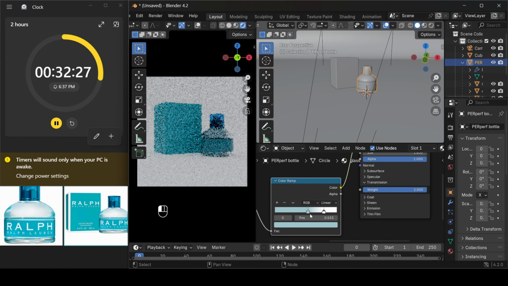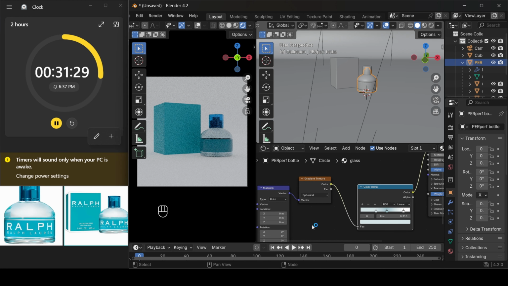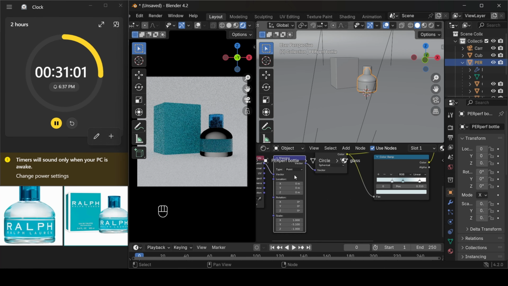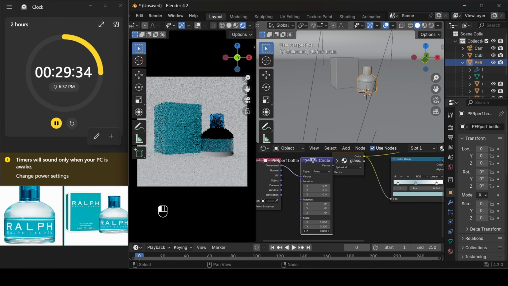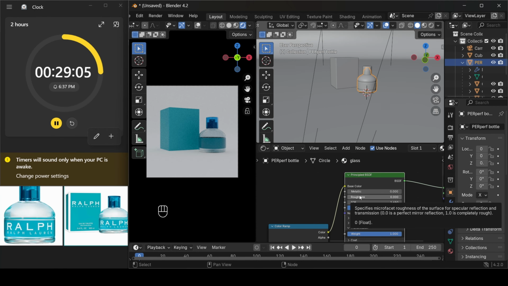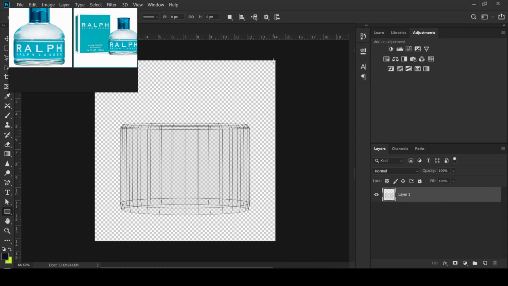Okay, so at this point I decided to delete the liquid part because I felt like it was not giving me that glass effect that I'm seeing in the reference, and then I decided to play with the bottle, playing with the mapping and the roughness as well, to see if I can get that feel. Then I discovered I didn't save at this point, so I pressed Ctrl S, opened up Photoshop,